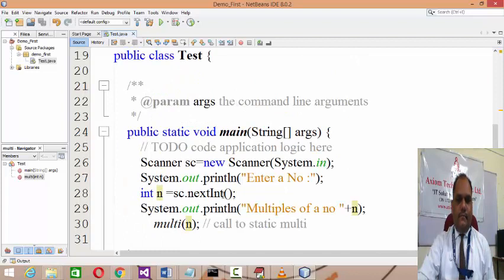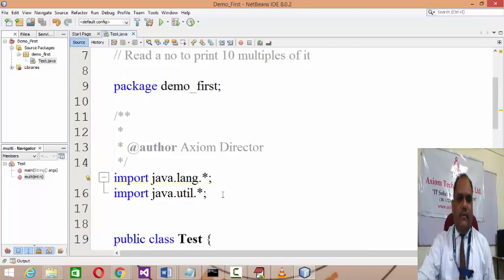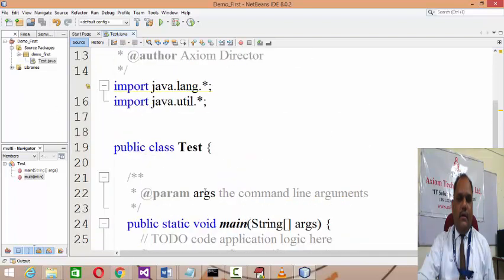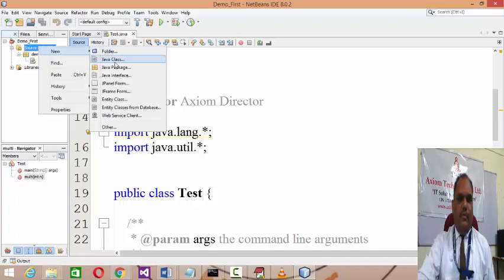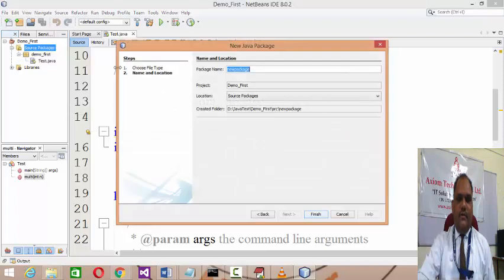But actually what we can do now, why don't you develop a package, so that I can import that method from somewhere. So what I will do in this case, in the source package, I will right click on this and create a new Java package.